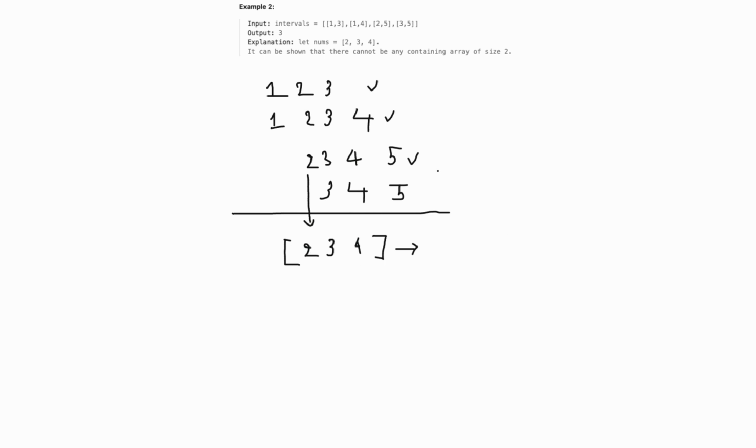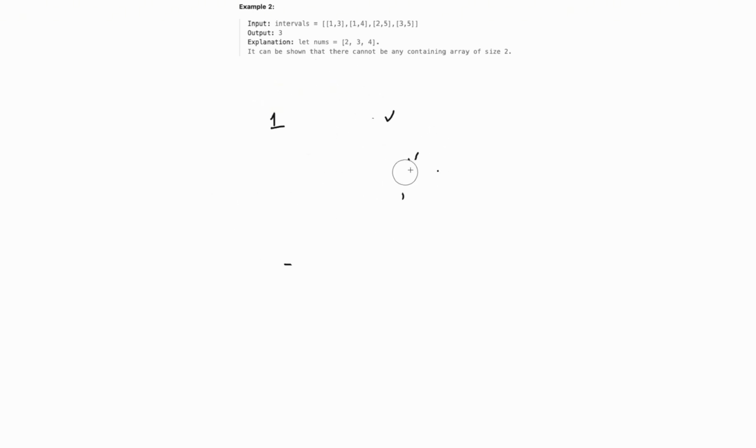Okay, so how can we solve this problem? Right? So with this problem, we can see that it is a little bit tricky because here they sorted it for us. So we can start from the first interval, which is 1 2 3, and then 1 2 3 and 4. Let's say that we are examining two consecutive intervals, and we are at the current one here. So our question is